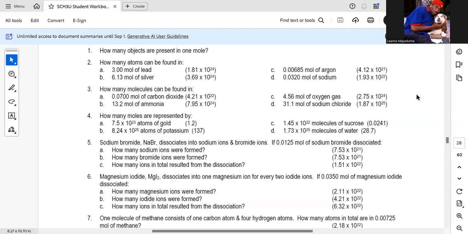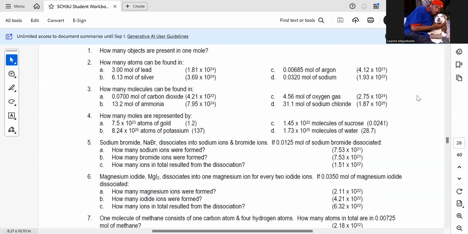The answers are correct. You added, right? The total. Yeah, I did 7.53 times 10 to the power 21 plus 7.53 times 10 to the power 21. So ideally, the expected is not addition. The expected answer, like I would have expected, is